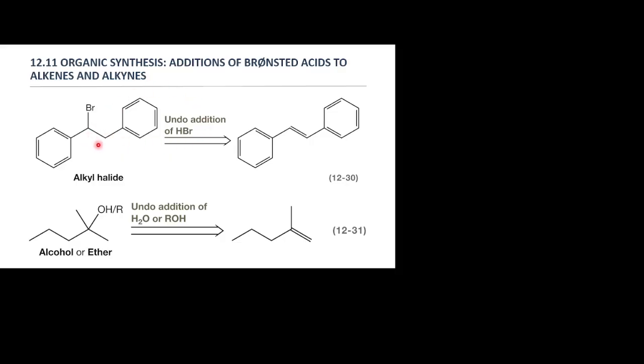Notice you don't always know where your H is. Where is your H here? Well, here, because these were benzenes, right? But they can actually be either way, and then you have to go, which one would have been the Markovnikov? Okay? So be aware and be careful. Right. This would be an alcohol ether here. Both could actually give you the same sort of thing. You could have done R instead of alcohol in the previous cases that we did. And this would be the undo addition of the H2O or the methanol, ethanol, the alcohol. And again, that would show you that double bond. That would be the reactant you'd use to get this product, right?